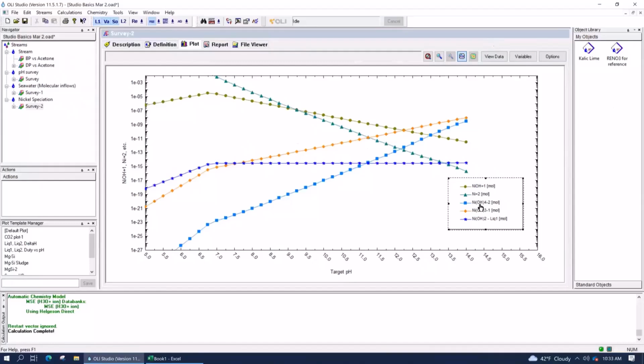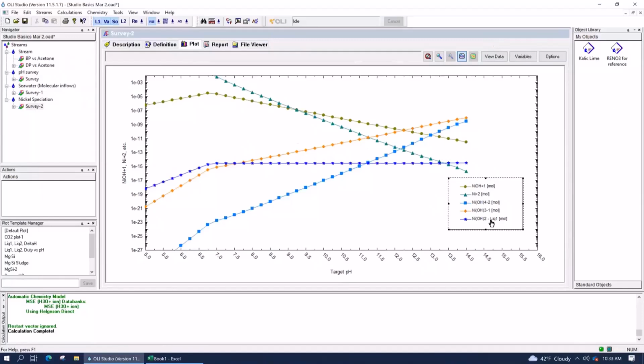So the reason I wanted to show this example was, again, to show you how to manipulate the plot and get what you want, but also to show you that when you're dealing with transition metals plus aluminum, you'll see these hydroxide species. These hydroxide species are characteristic of what they call Lewis acids that are part of that transition metal, and transition metals behave this way.